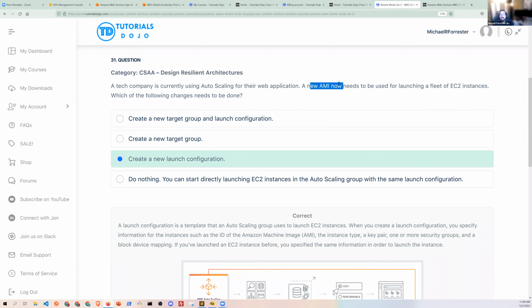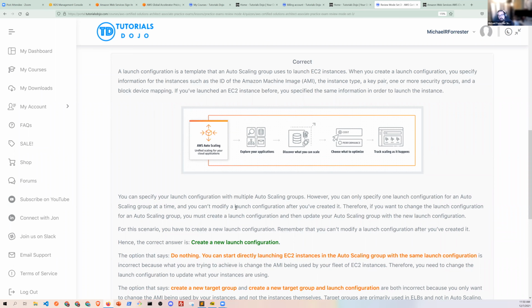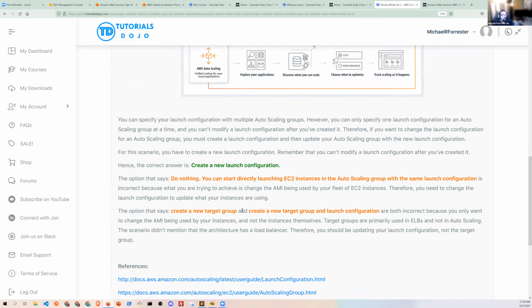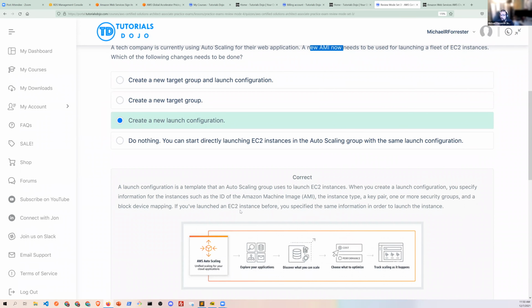So all they really need to do is change the characteristics of what is being launched, not the instances themselves. So whether they're using launch templates or launch configurations, they're going to basically create a new launch template or launch configuration. There are two, by the way. I believe that templates are the more updated one, if I remember correctly, but launch configurations and templates can both be used. If you need to change the way the auto scaling group functions, not the individual AMIs or EC2 instances, then you would change the auto scaling group policy, which is different than the launch configuration or the launch template.